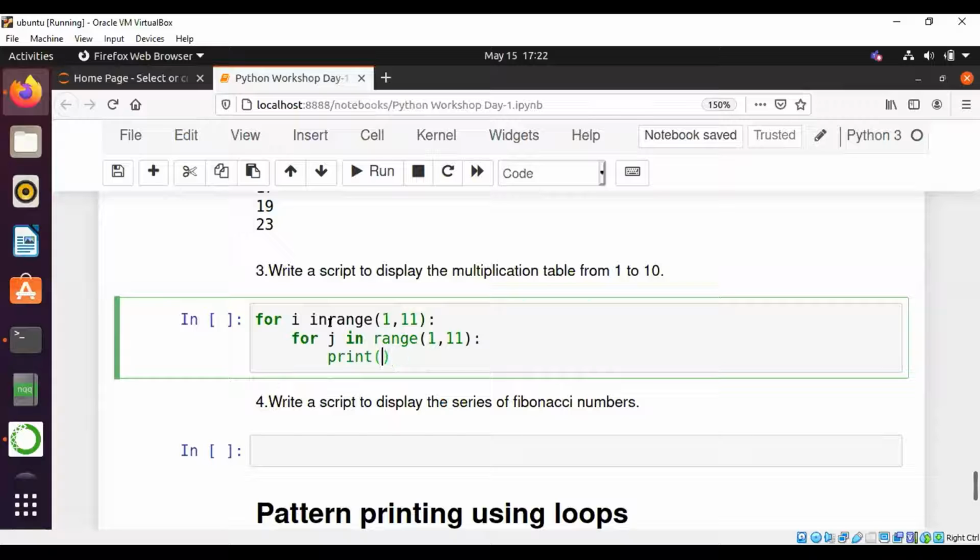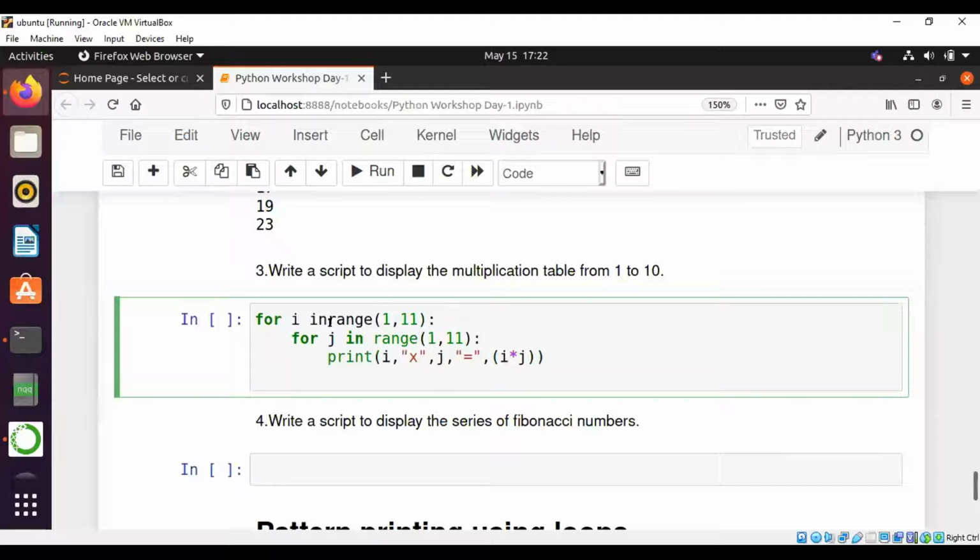How will we print it? Let's print i first, next into, j, equal to, i star j.